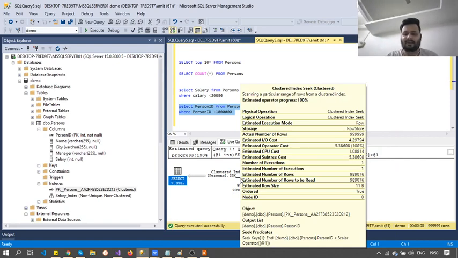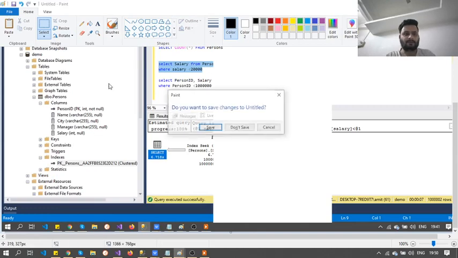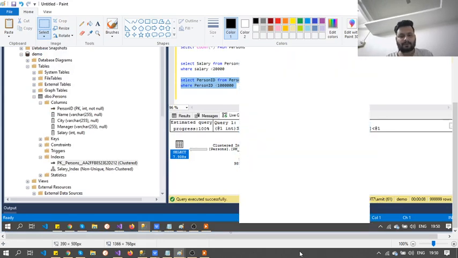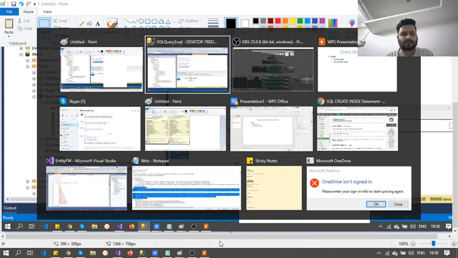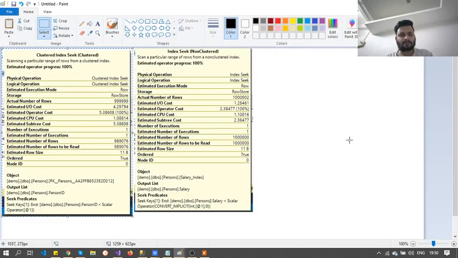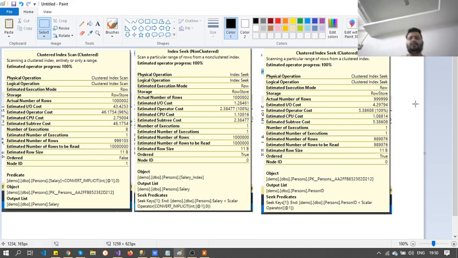And I am taking a screenshot to compare this, and pasting it here. So this one is the cluster index.